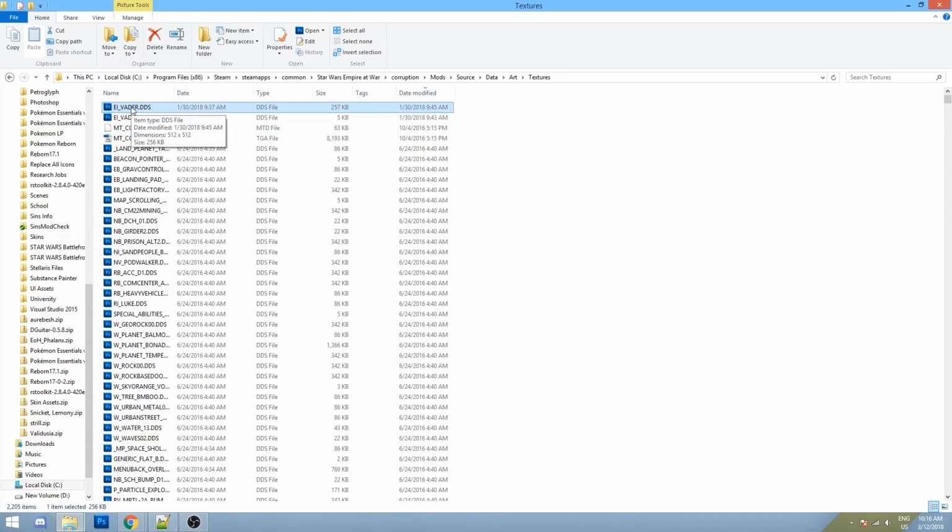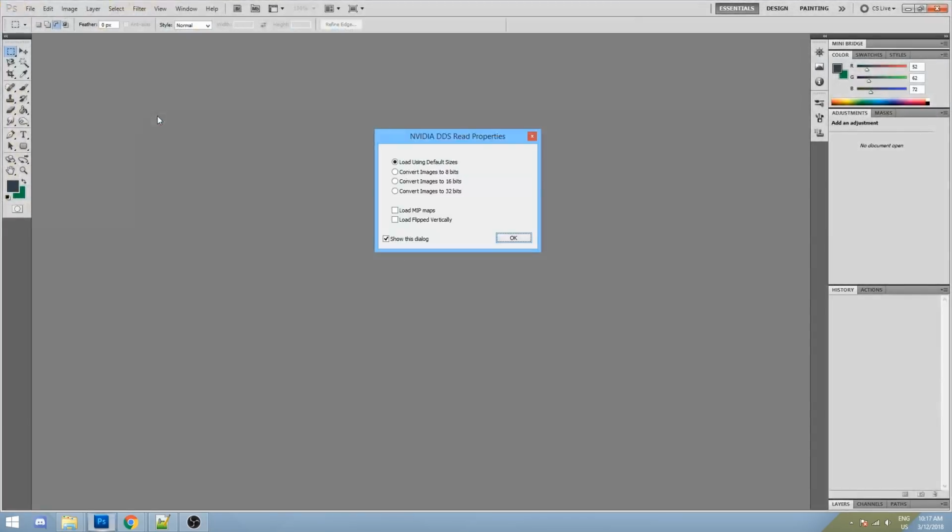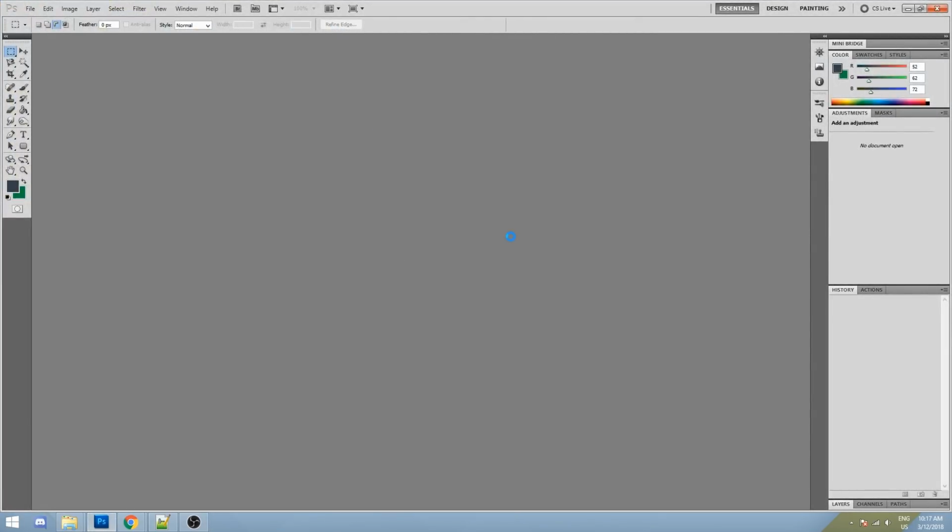Those are the two most common. Photoshop is obviously a paid program. GIMP is a free version. It doesn't have quite as many powerful tools as Photoshop does, but if you're just doing a simple recolor or something, all you have to do is open it, in Photoshop here, or in GIMP,